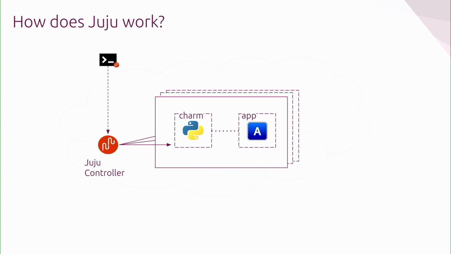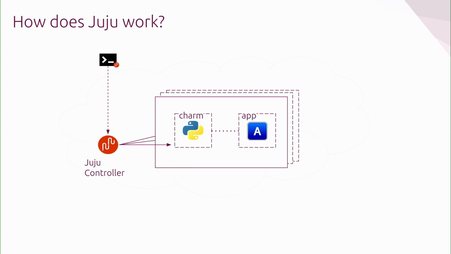So yeah, the controller is installed on the cloud, and that can be a Kubernetes cloud as well. So if it's a Kubernetes cloud, that controller is going to be in a pod, or if it's a VM cloud or a machine cloud, it's going to be on the actual machine. And that is the piece that actually oversees your whole estate of applications and software on the cloud. That will be running in one VM, and then you have your app and the charm, which runs